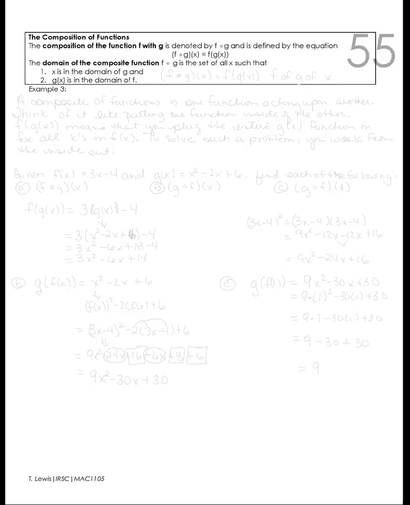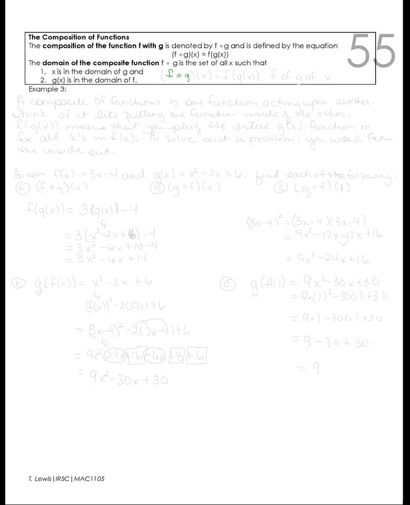It says here the domain of the composite function f of g of x, and I'll write it out. That's how you would read it: f of g of x. If you were given something like this, you would read it as g of h of x. So to know how to say it and be able to describe it, we would say: